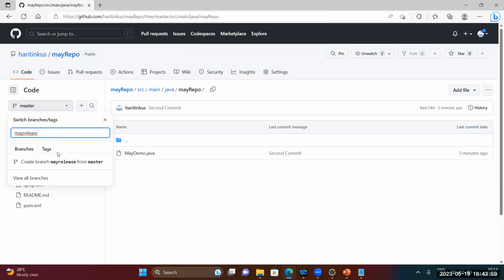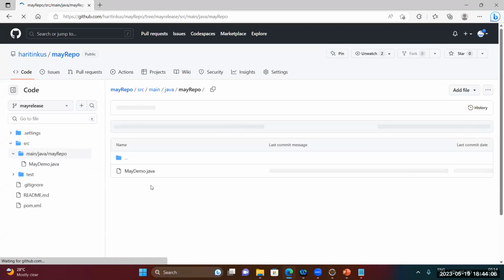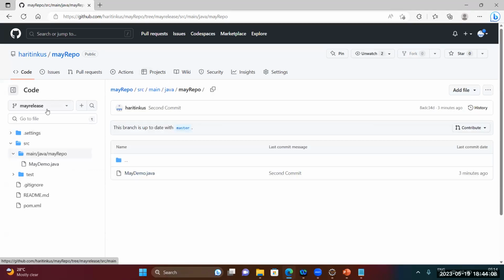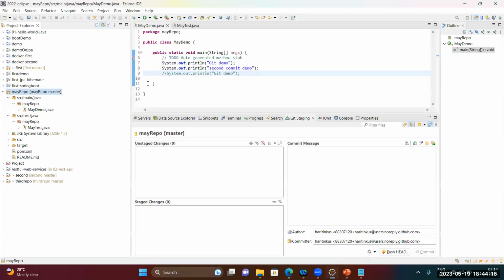So a new branch was created from master, that is May release. What I'm going to do now is push the changes whatever we have under my